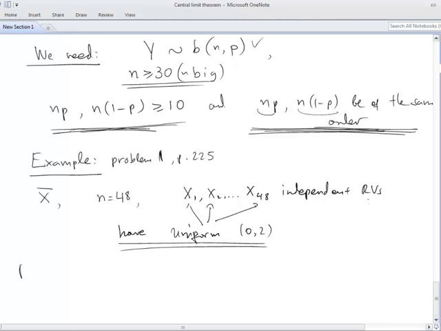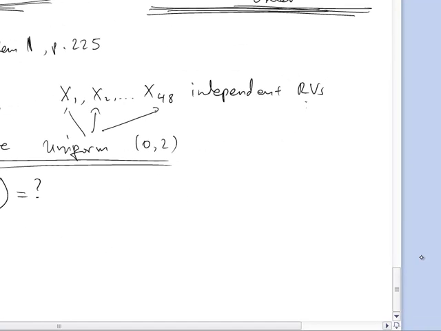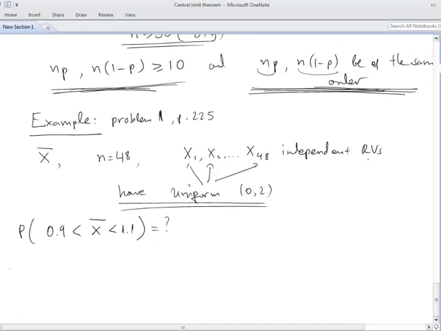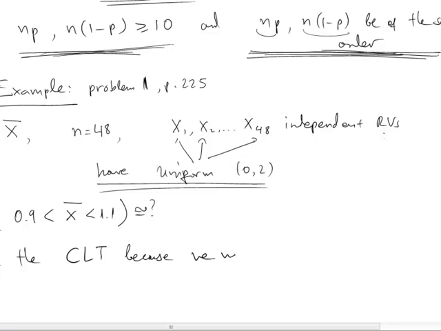Approximate the probability that x bar will take values between 0.9 and 1.1. So we want to find when the sample average takes these values. Okay, now, of course, the easiest way to do it is to use the central limit theorem. Can we use the central limit theorem? We can use the central limit theorem because, so here it is not exact, it is approximate, because we want to approximate this probability,